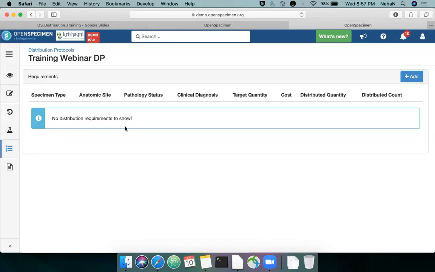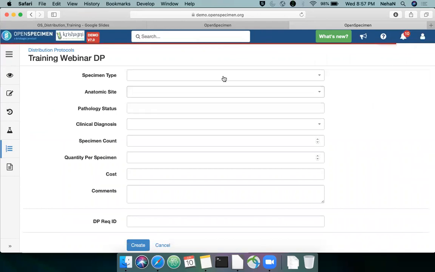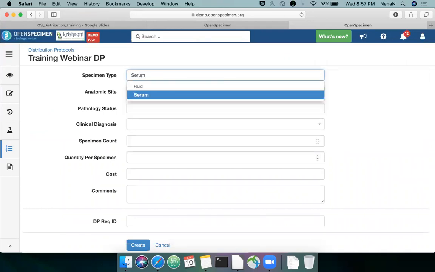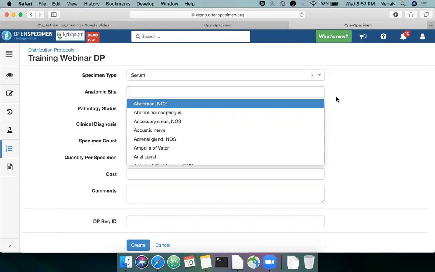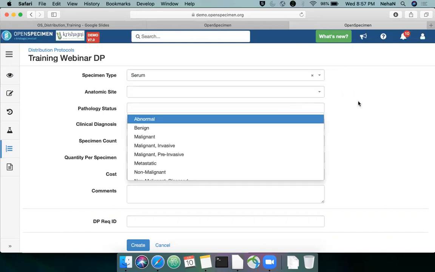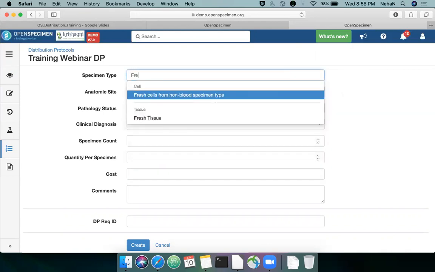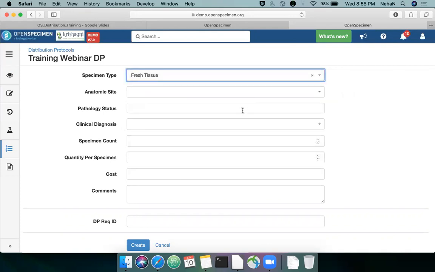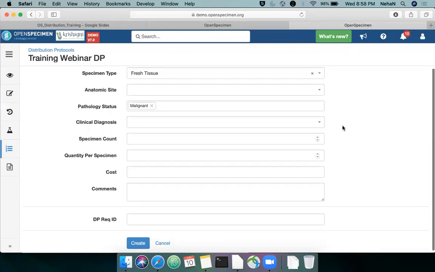Okay, so here, as I mentioned, we can add requirements. So here I can say that I want to distribute a particular set of samples which have these certain properties. I can select the anatomic site. I can say what's the pathological status. So here, let me say I want to give away fresh tissue which are malignant. And I don't want to specify the clinical diagnosis, but I say I want to give away 50 samples